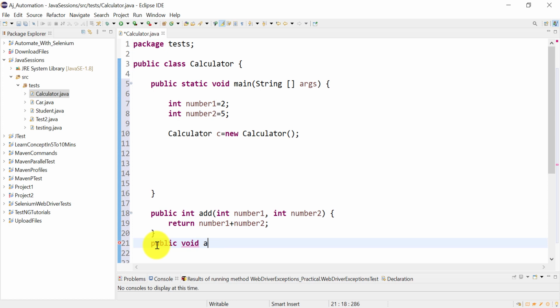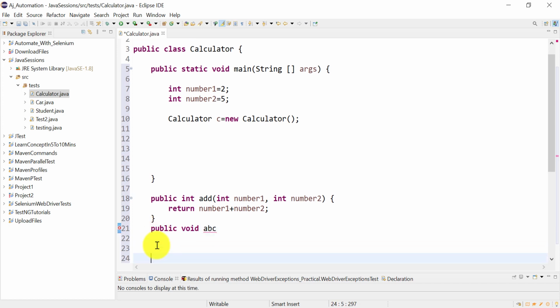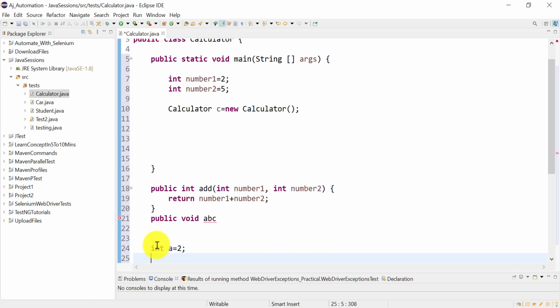Or let's say something like abc, or if you are defining any variables, don't use something like a equal to 2. It's always a good practice to give a meaningful name to the class, variables, methods and objects. This is not a rule, but it will simplify your program and increase the readability.